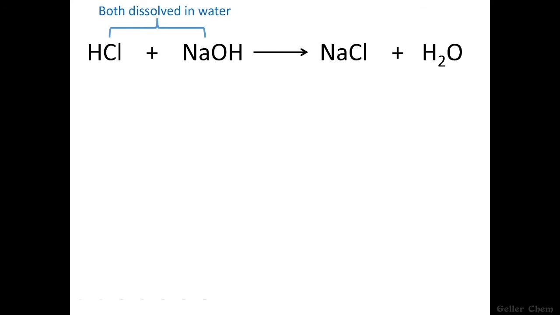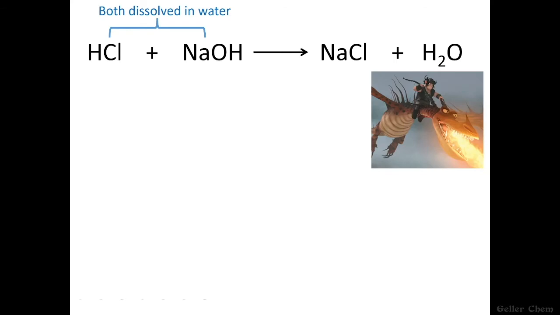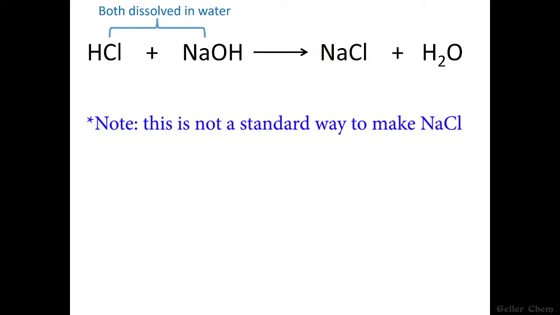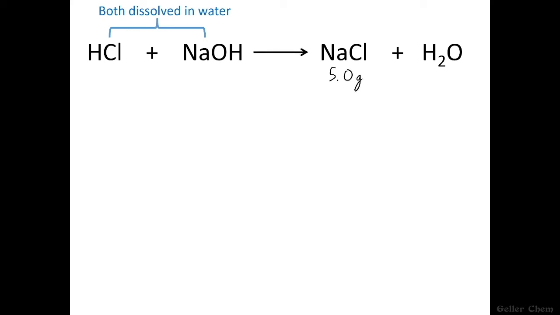Let's say that we were to mix an HCl solution with an NaOH solution. When these two solutions meet, they will produce table salt and some more water. And if we were to heat our product up and evaporate all this water, we could generate some solid table salt. And let's say that I wanted 5.0 grams of our salt, and I have a solution of